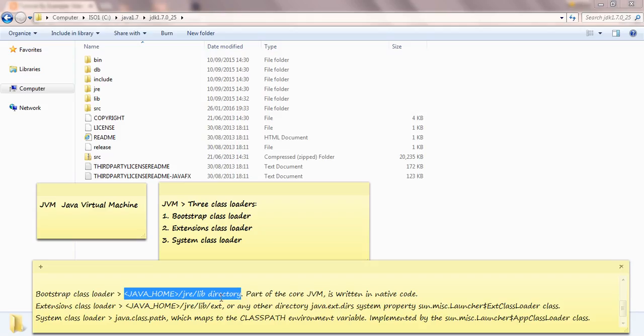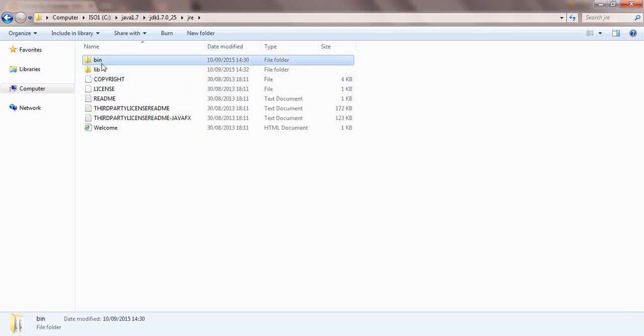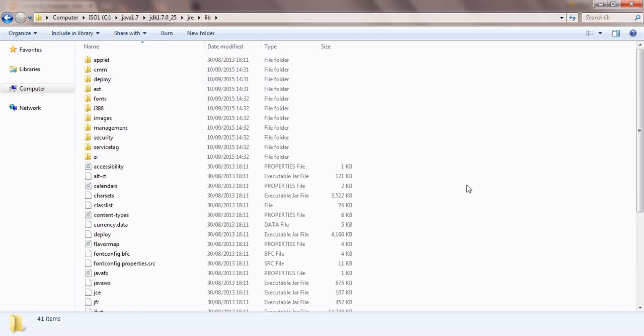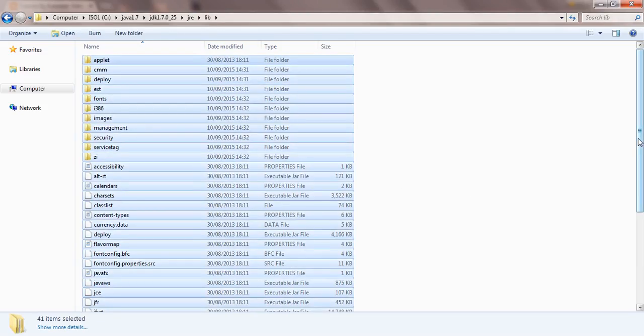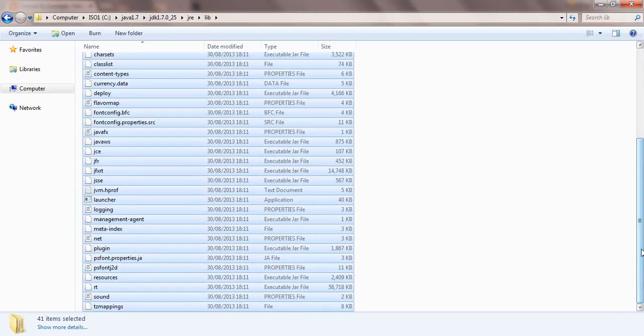So we'll see that we have the bootstrap library in the Java home JRE lib directory. This is my Java home, and after that we have a JRE and there is a lib. All the libraries there are a part of the bootstrap class loader, and will be loaded accordingly for the JVM.